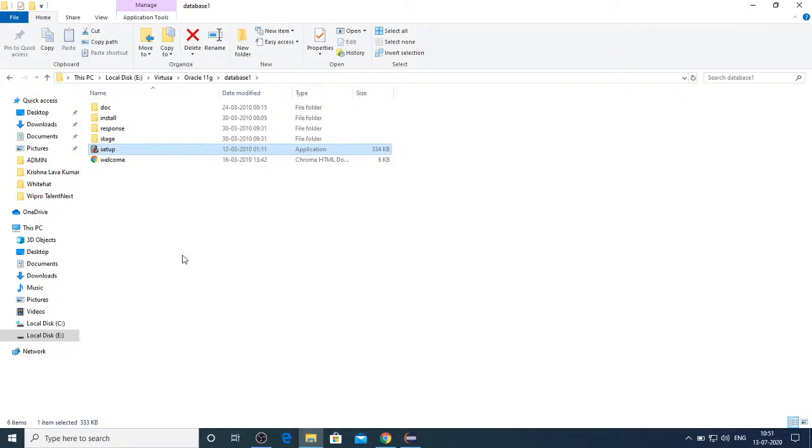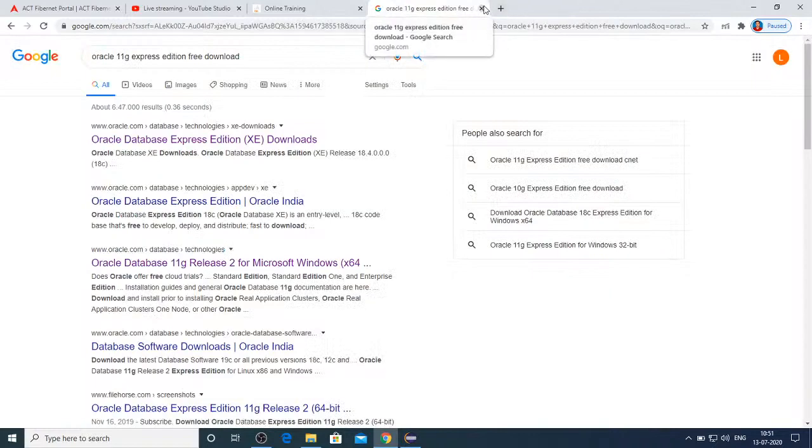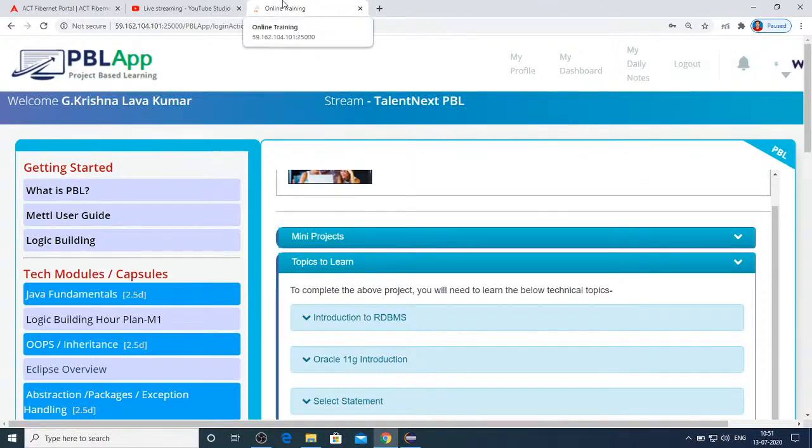So this is how you set up the Oracle 11g database on your local machine. While installing, it will ask you for a password. Remember whatever password you use there, because we require it for establishing the connections. I have used tiger as my password because that's the password we have been using for many years. I think most of you might remember the term Scott Tiger. For connecting to SQL, mostly we use the username Scott and password Tiger.